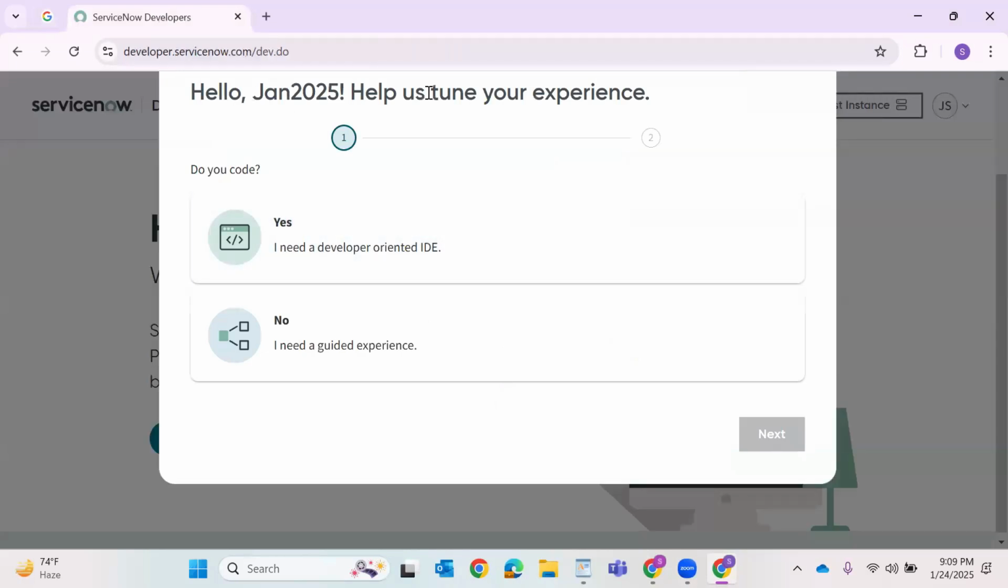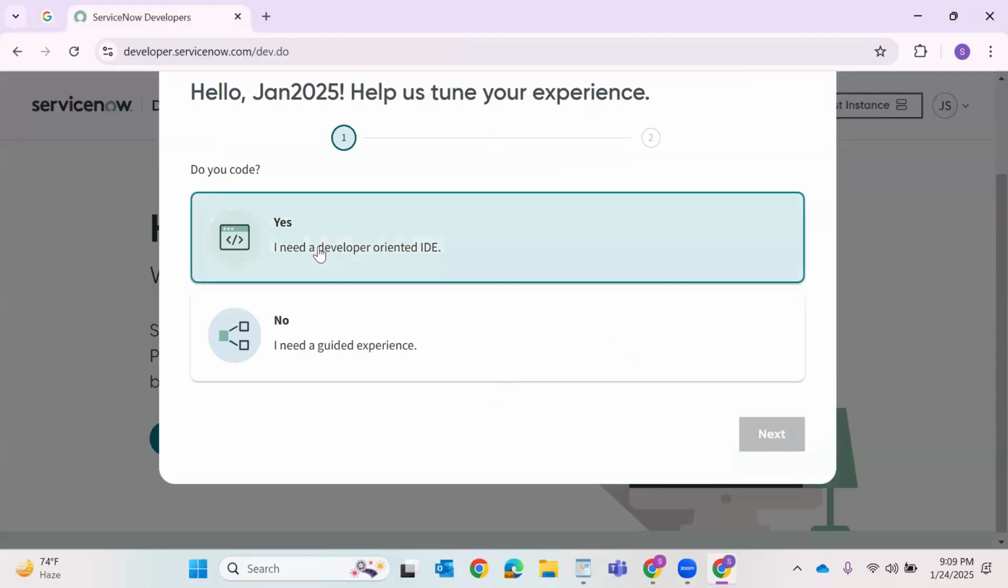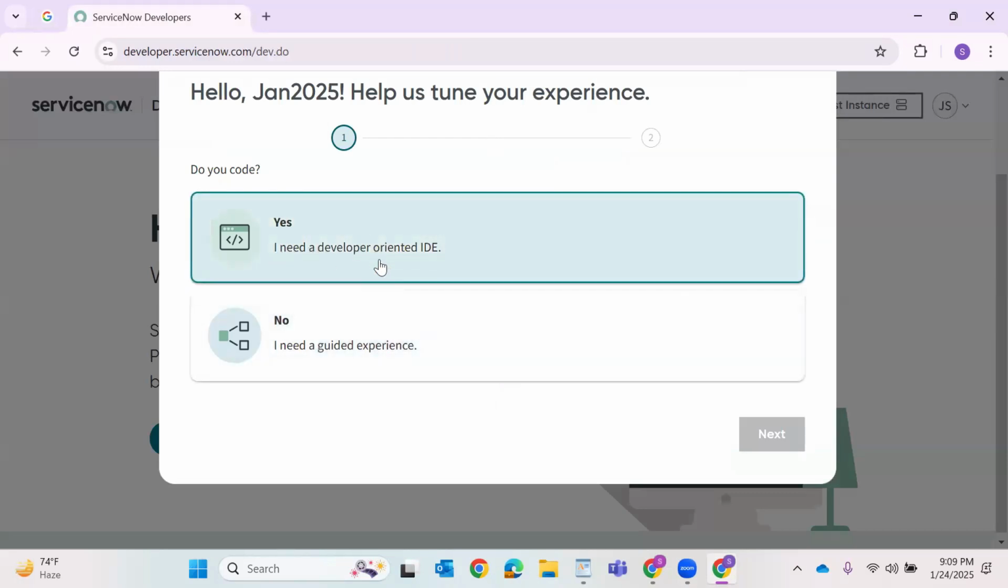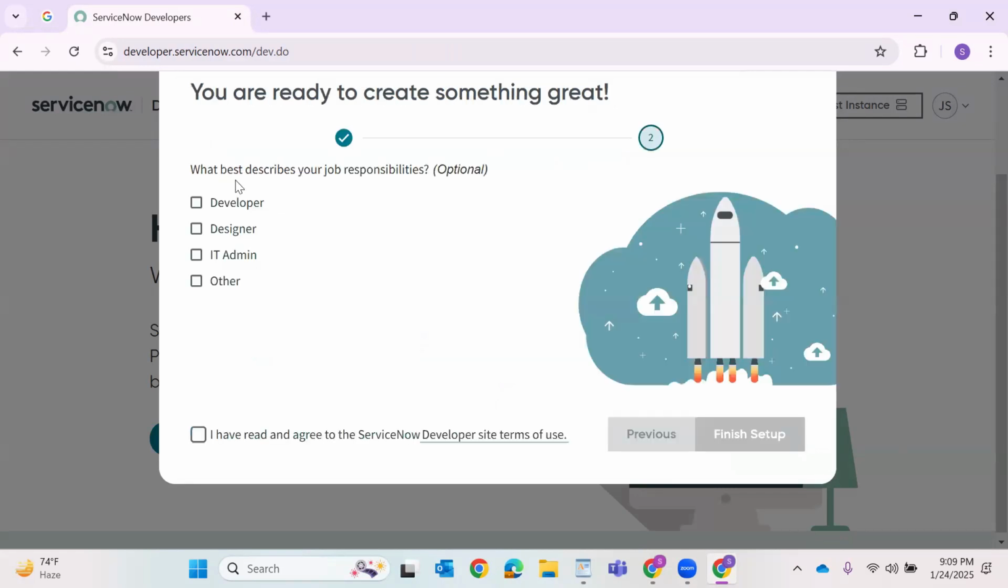So hello Jan 2025, help us tune your experience. You need a developer oriented IDE or a guided experience, you can choose. So we need an IDE. Okay. So just go with this option. And what best describes your job responsibilities? So you can go with developer, IT admin. So just confirm that you have read all the